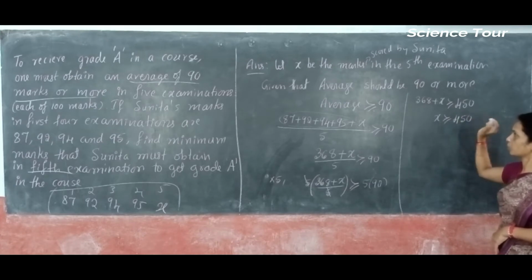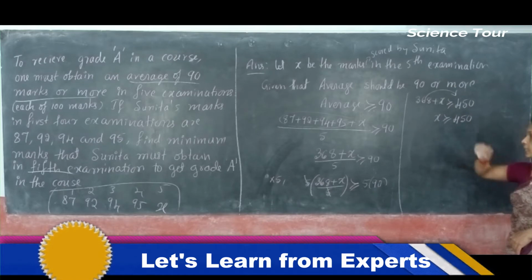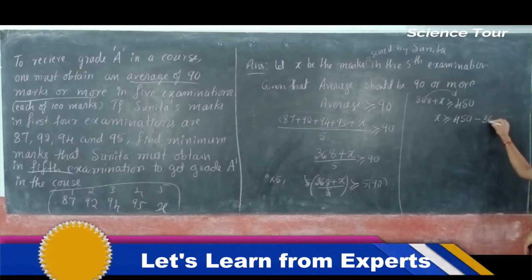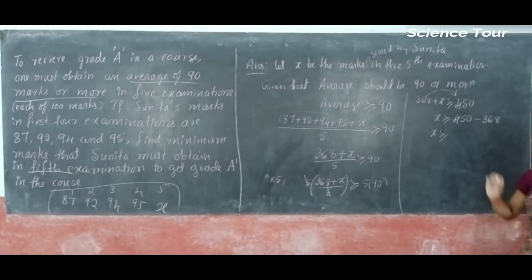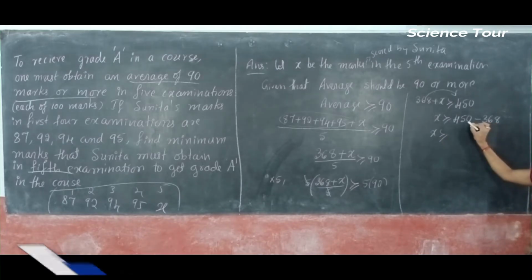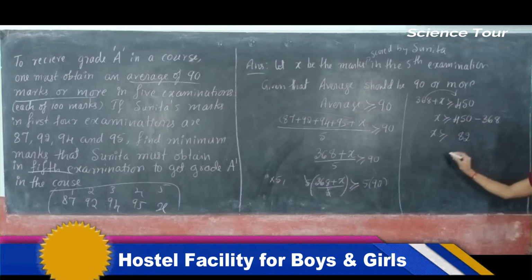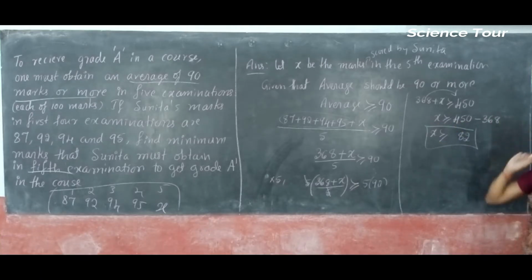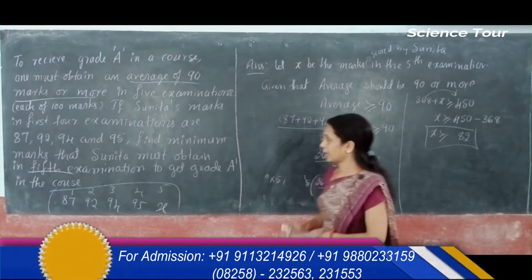You have to keep only x on the left side. 368 you send to the other side as minus 368. So that gives you what? 450 minus 368. 10 minus 8 is 2. Then 14 minus 6 is 8, and 3 minus 3 is 0. So x is greater than or equal to 82, means Sunita has to get in the 5th examination 82